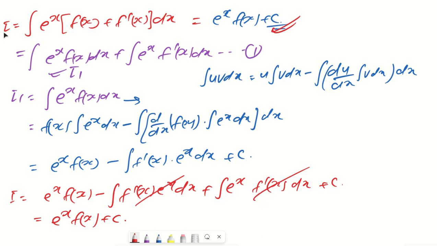All right, so whenever you see the integration of e to the power x into f of x plus f dash x form, we can directly write the result as e to the power x f of x. So let us solve a few problems on this and understand the concept. So the question is,